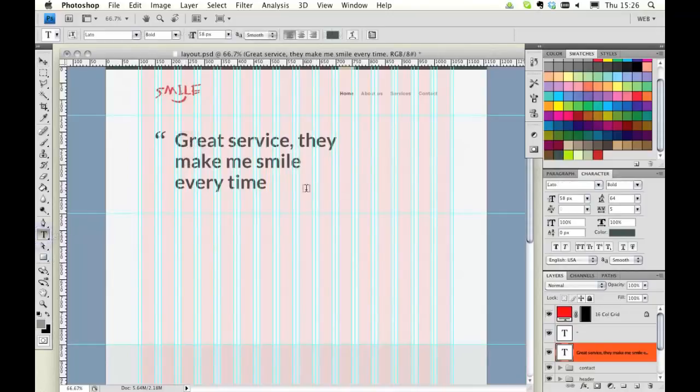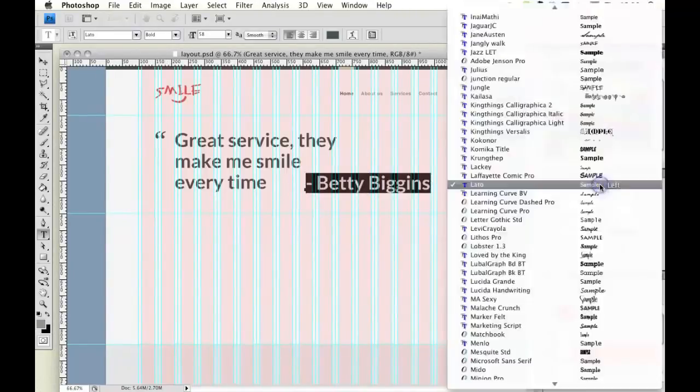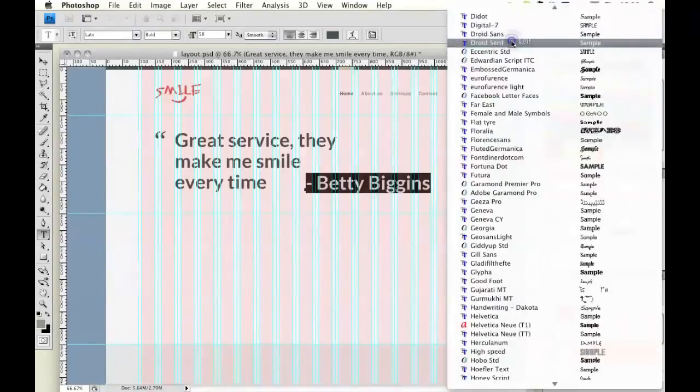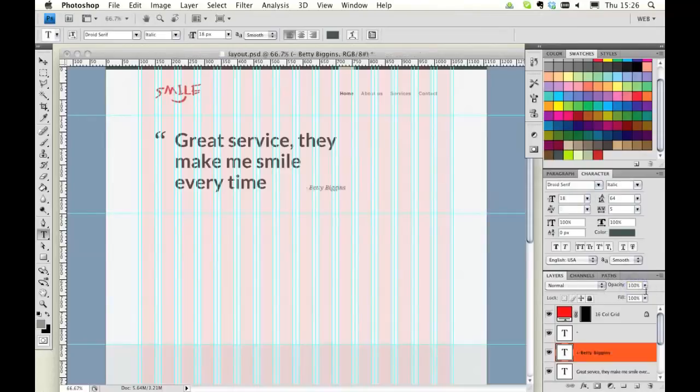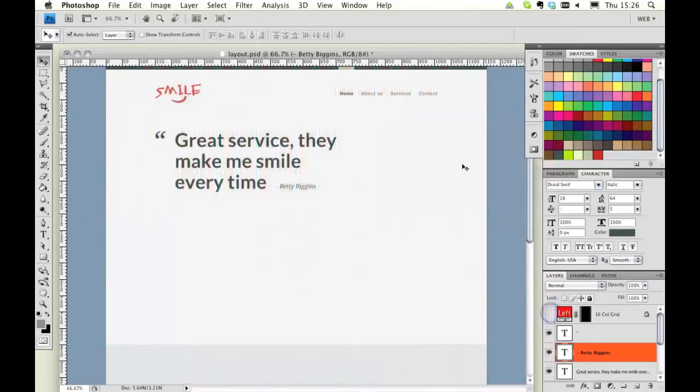Now lastly, I just need to attribute that to somebody, so we're going to add here somebody's name, whatever. Okay, that's going to be in our Droid Serif and italic, and we're going to make that much smaller at 18 pixels. It needs to be slightly less dark than that as well, I think, although I actually quite like that. Let's leave that like that. So I'll bring this along here, something along those lines. Now we'll get rid of our guides here, get rid of our grid once again, and